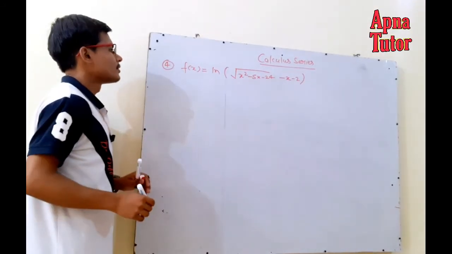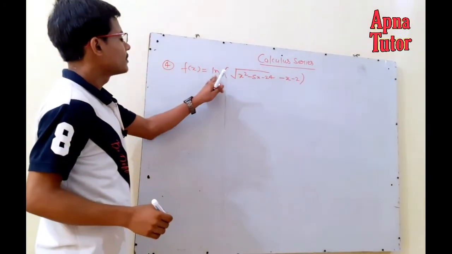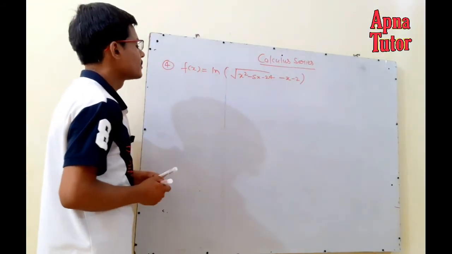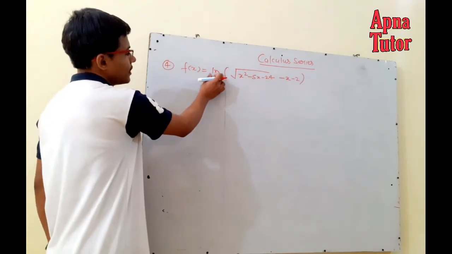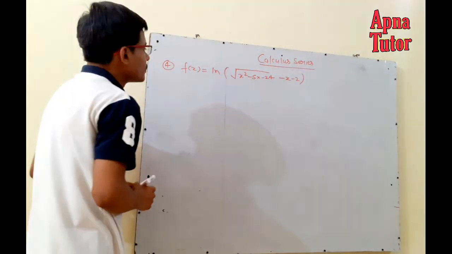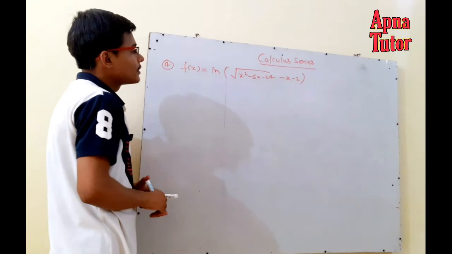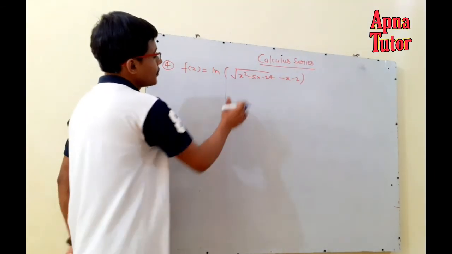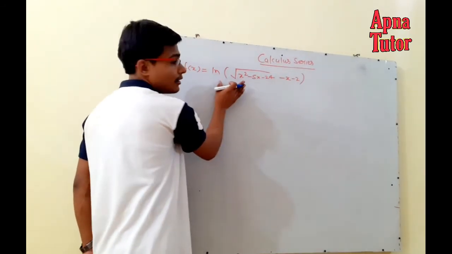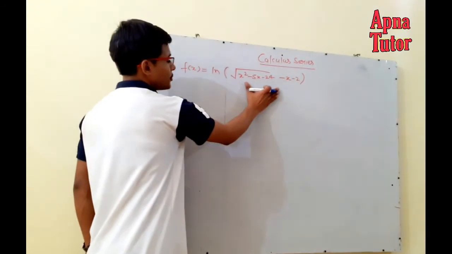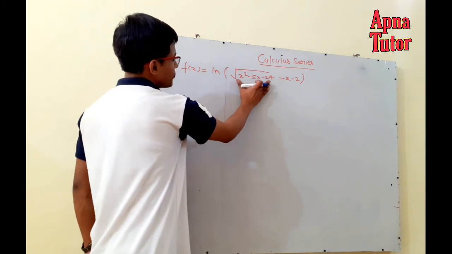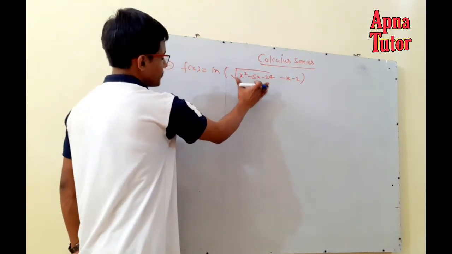Now this includes the logarithmic function, which is ln. When you write ln, it is understood that this has base e. So for this, what you can do, first you have to make this root positive, because this is the argument, and the argument of a logarithm always has to be positive. So first you have to define the domain of this part individually.